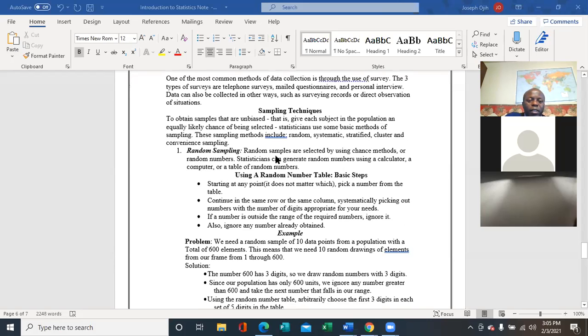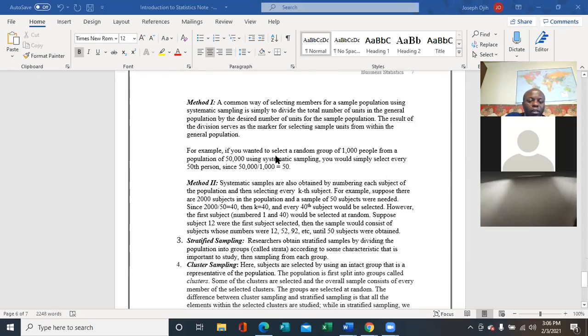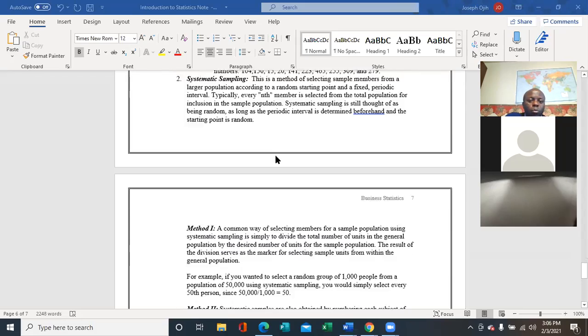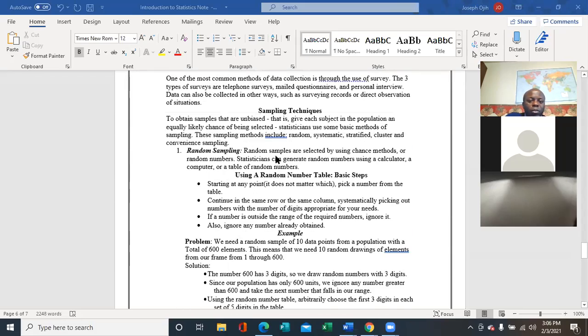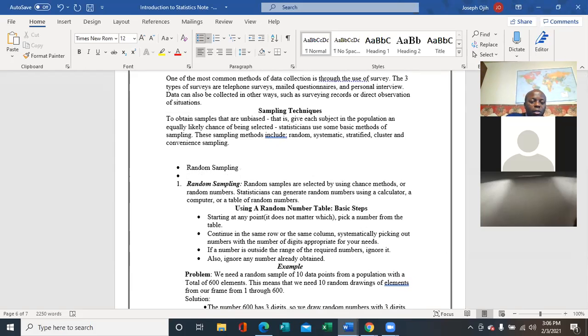Now, we have 5 methods of sampling. The first one is random sampling. The second one is the stratified sampling method.